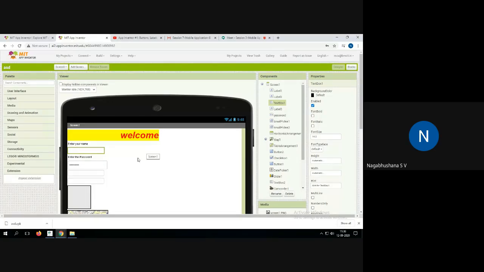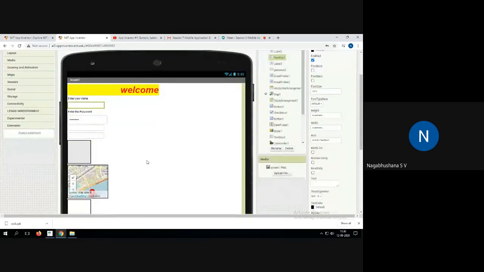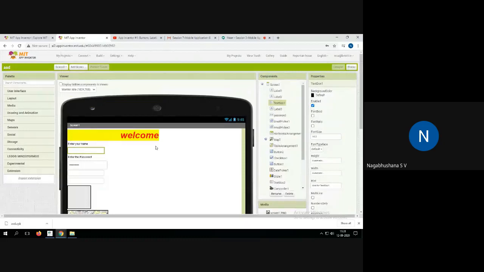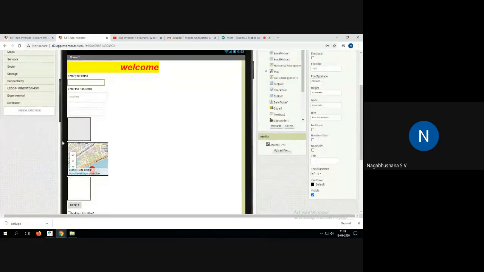You have blocks and you just have to attach them in the respective places. So it is very easy to develop apps using this, and in fact there is a lot of fun in building such apps. Every day you can build small apps that come in your routine tasks, and it can be connected to Firebase or a cloud database.